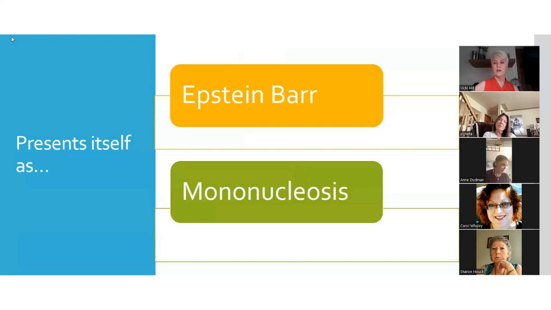I don't know if any of you guys had that when you were younger, but unfortunately I did. And the problem with Epstein-Barr is it can stay active in your body. So it lays dormant until you're under a lot of stress, and then it goes active. So it's one of those viruses that you have to keep dormant,